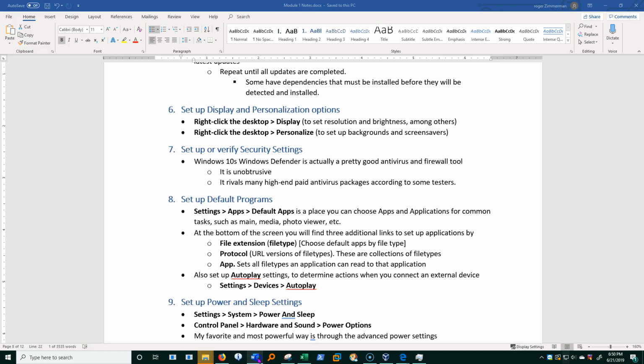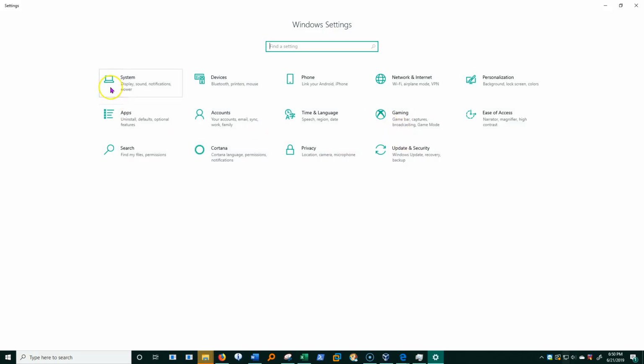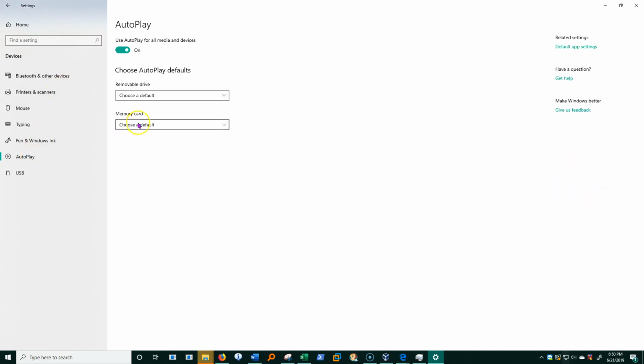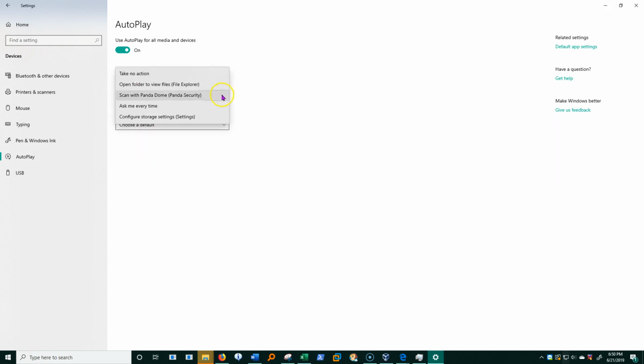The other one that I wanted to show you was the autoplay settings here in Settings, Devices, Autoplay. So we're going to go back to Settings and then Devices, and then down to autoplay. So if I put in a removable drive, a memory card, for example, or a DVD, I can say, well, what do you want me to do?